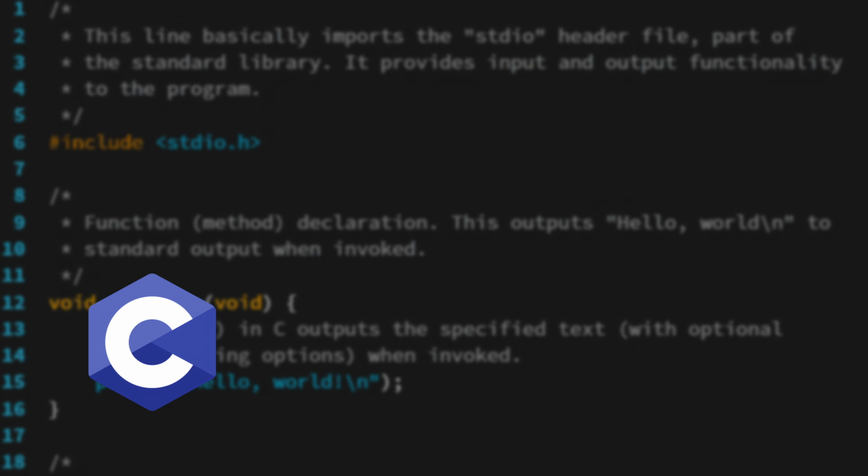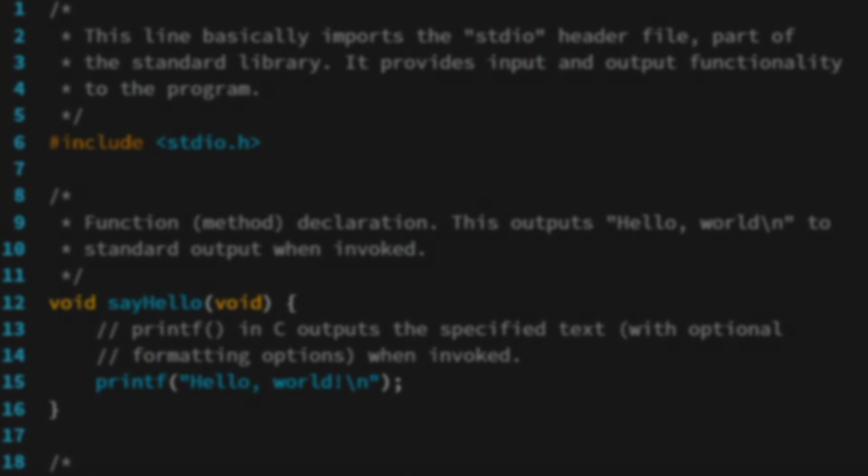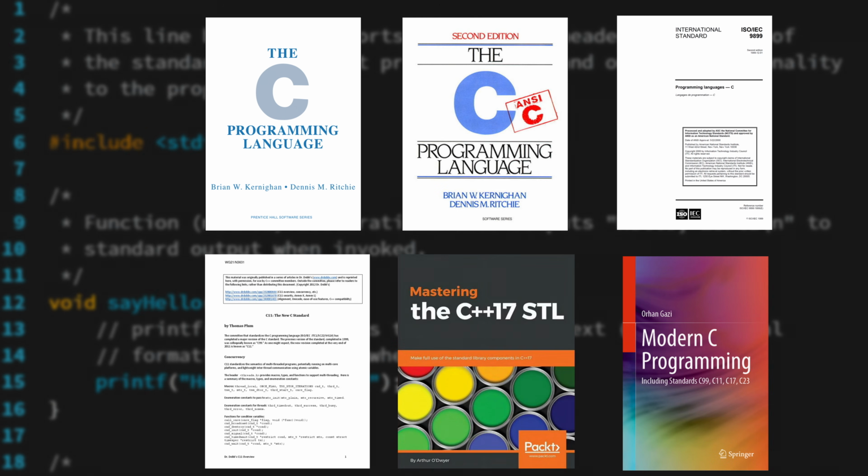The C language was put together by Dennis Ritchie and Ken Thompson in 1972, 2 whole years after Conway's Game of Life itself was created. And since then, C has undergone many revisions. The trouble is, the first official revision of C, known as ANSI-C or C89, didn't come out until, you guessed it, 1989. And while there were drafts of an official C structure as far back as 1985, nothing had been made official yet. So, it was kind of up to the developers of the programming environments to choose how their